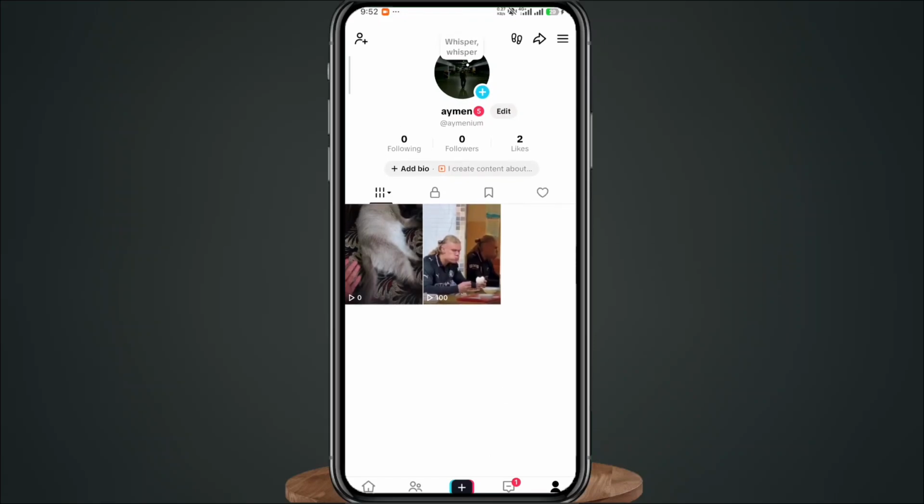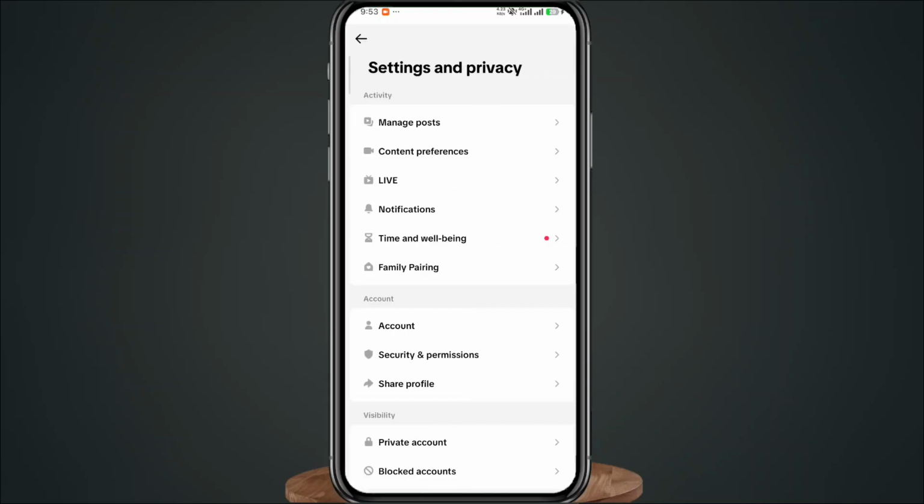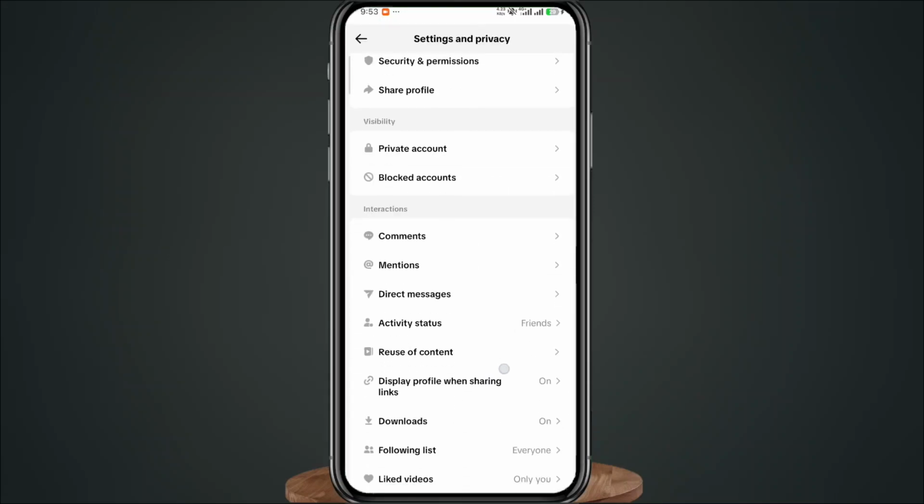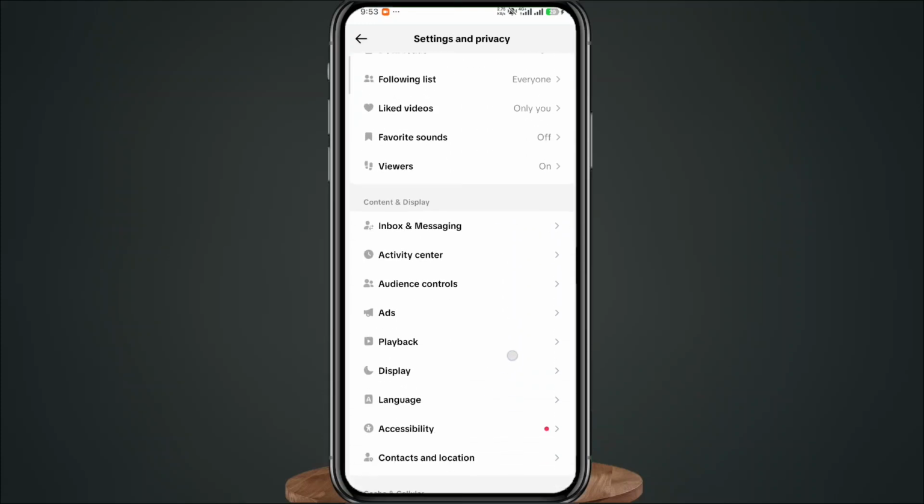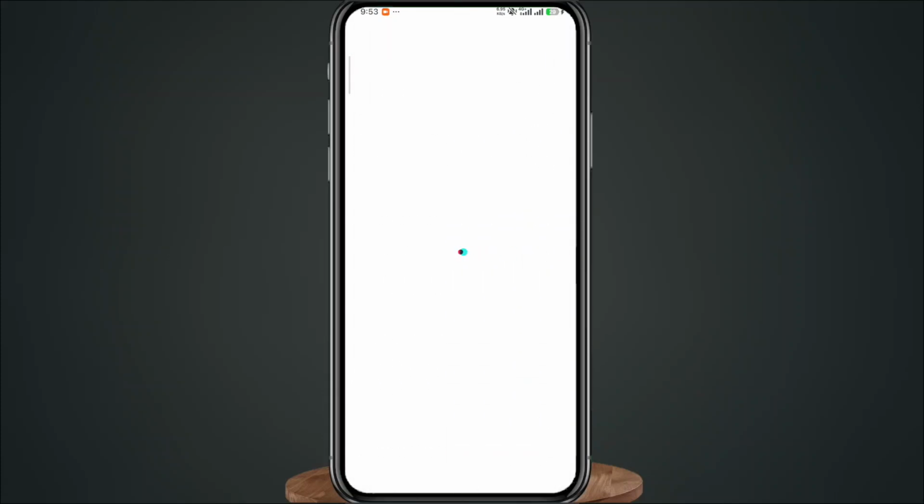you want to make disappear from your profile at once, go ahead and tap on the three lines in the top right corner, and then from here tap on settings and privacy. Basically, you need to go to settings. Now previously it used to be somewhere down here. You need to go to activity center, and then you find the option that we're looking for under activity center